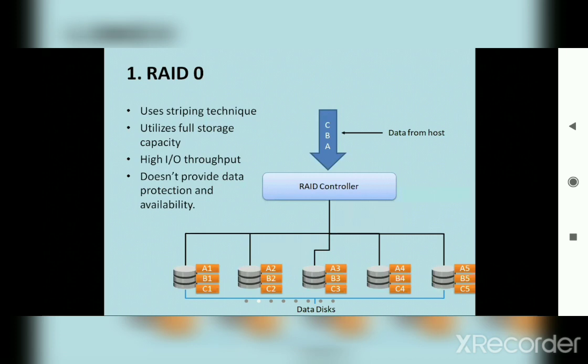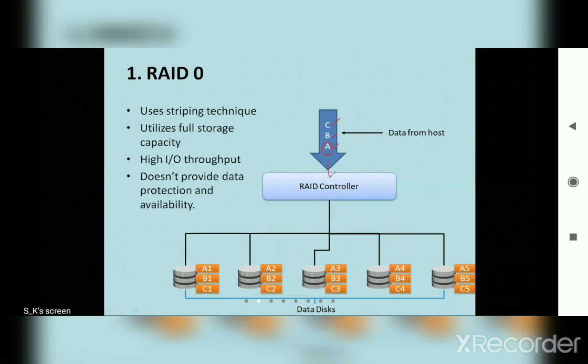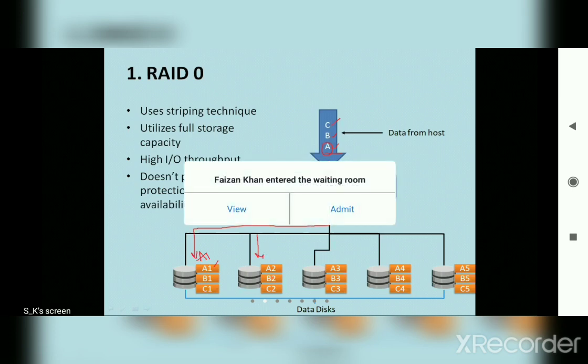Now I want to show you how the data is transferred in this RAID level. You can see that we have data A, data B, and data C. Once data A, whatever I am writing, comes in, it enters the RAID controller. What the RAID controller does is divide this data. It sends one piece here, the first one is A1. The same data A is divided and sent here. Then the third is divided here. The next one is a fourth.